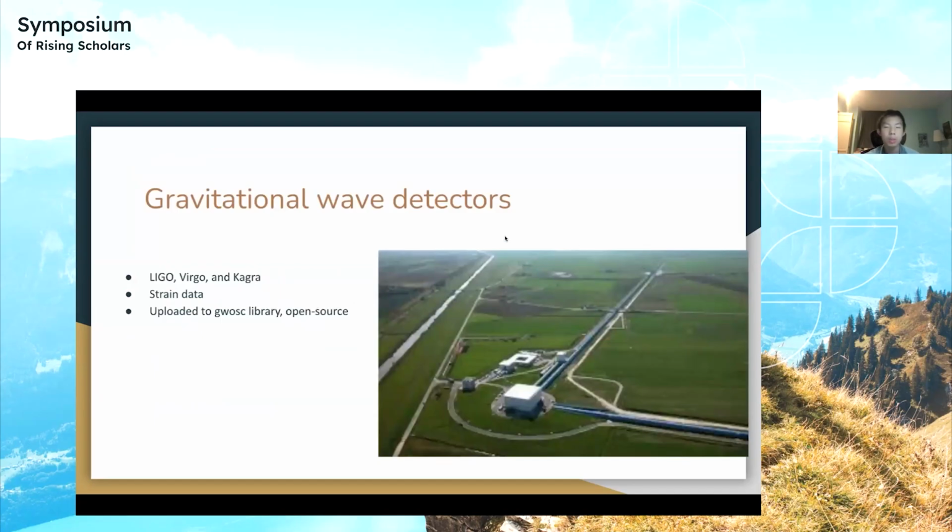So we can see how much energy is radiated from these gravitational waves. First, how do we detect these waves? Well, right now in the world, there are 4 detectors. There are 2 in America under the organization known as LIGO, one in Europe called Virgo, and one in Japan called KAGRA. And they measure black holes. As you can see, they have these long tubes, and this is an interferometer, which means that they have light beams going through these tubes,